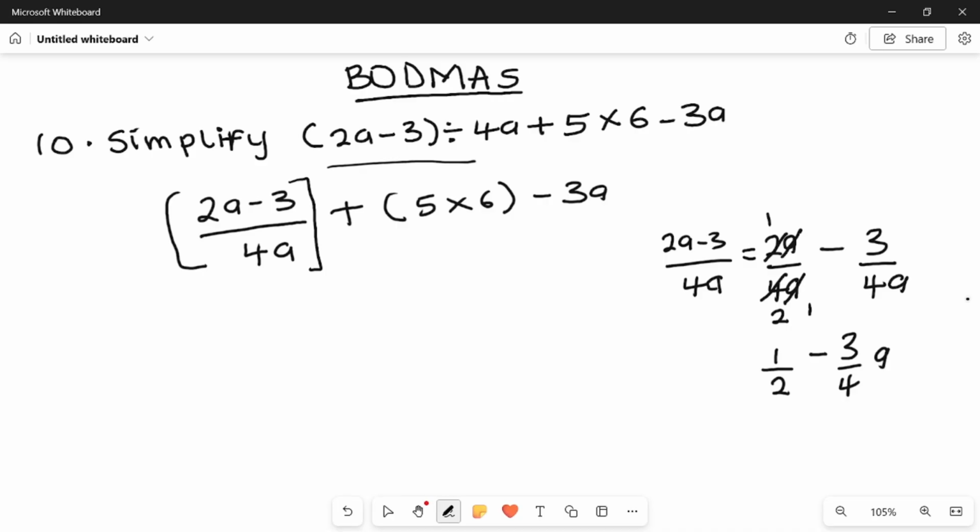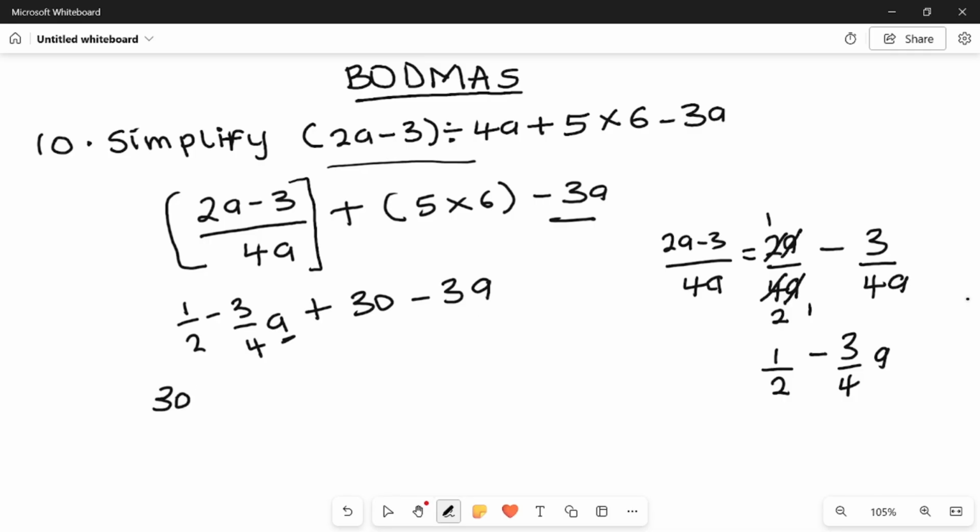So if we break this down, we'll have 1 over 2 minus 3 over 4a. So we have here 5 times 6 will give us 30. So we'll bring it out plus 30. Then we'll bring out this last value here, minus 3a. If we check this, there's a here and there's a here. So we can collect like terms. We can bring this 30 over here, right? So if we collect like terms, we'll have that